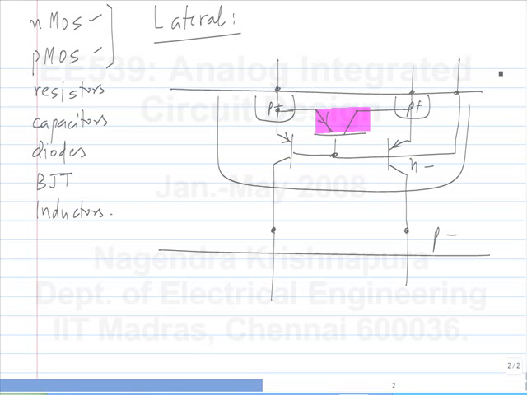What's the problem with the lateral transistor? Base width can be large, but again, this is related to the length of the transistor, right? So in a modern process, you can make it quite small. Okay. So that is a potential problem. So what happens if the base width is large? Beta is small.